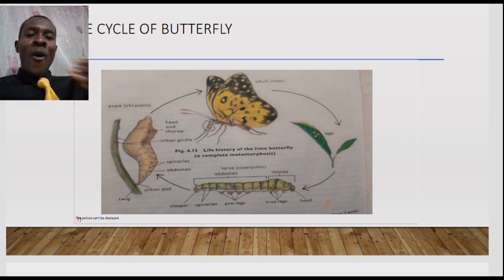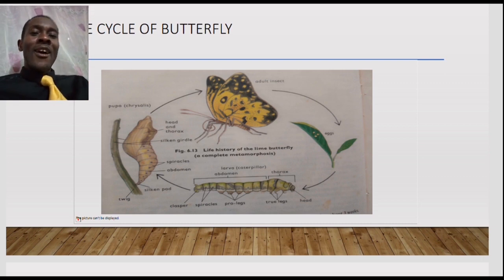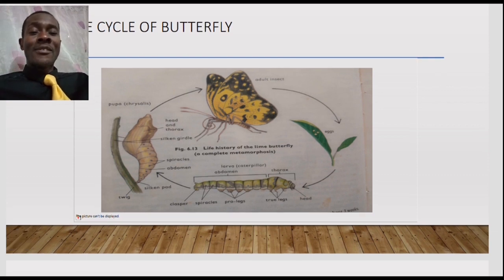As a matter of fact, the moth also lays eggs, and the eggs can be up to 3,000 to 4,000 eggs by a single moth. So you could imagine when a moth has laid eggs in a particular farm, even if it is one moth, what will happen to the entire farm if all the eggs successfully hatch. It is going to bring a lot of pests to that farm, and woe betide that farm. That will be the end of the farm if nothing is done to curtail the voracious feeding habit